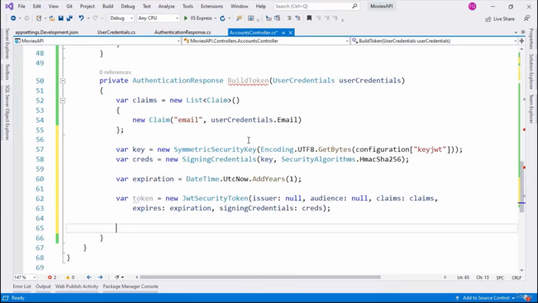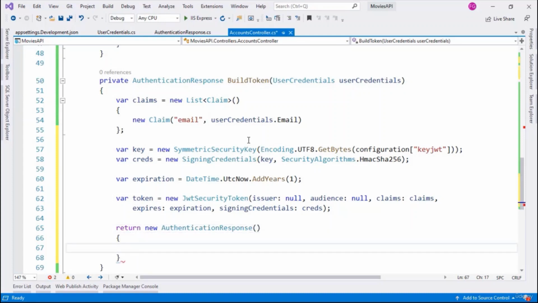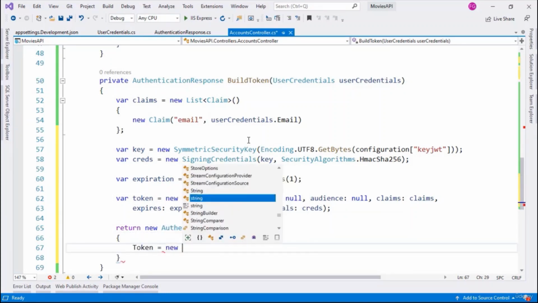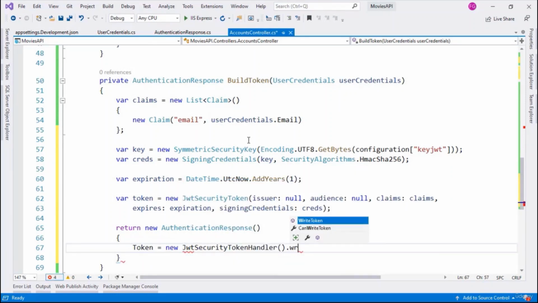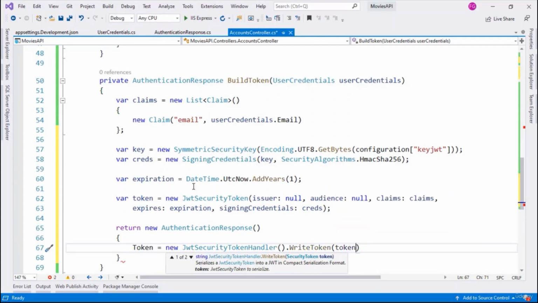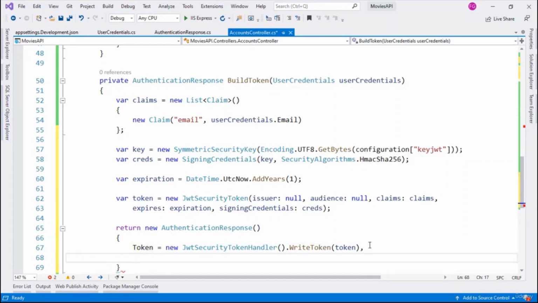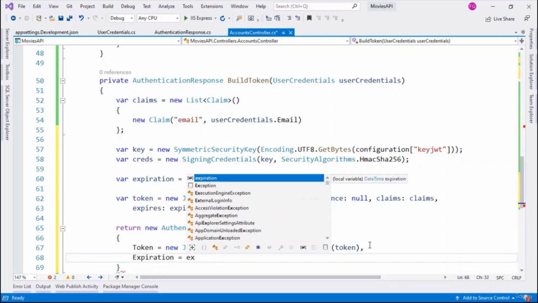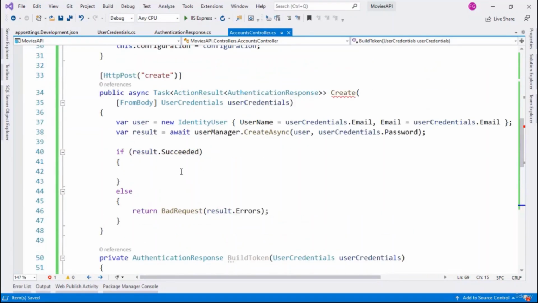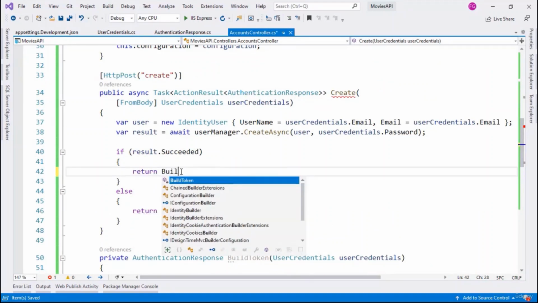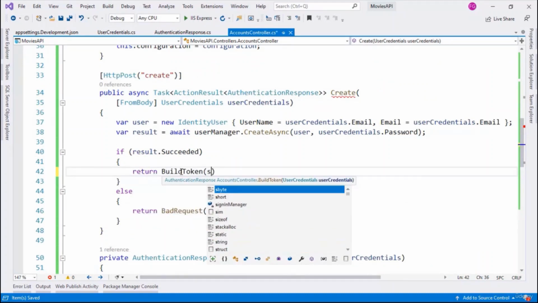Now I can say return new AuthenticationResponse, and then I will say Token equal to new JwtSecurityTokenHandler WriteToken, and then I will get a string representation of the token, and I will save it here in our Token property of the AuthenticationResponse class. And then I will say Expiration equal to expiration, and that's it. Let me put a semicolon here, and that's it. Now we can come here and we can say return BuildToken, and I will pass the user credentials,